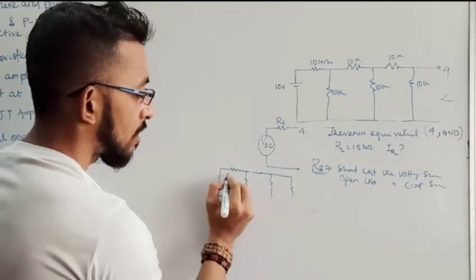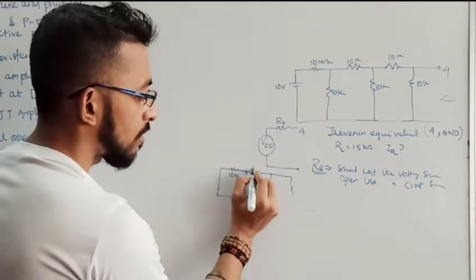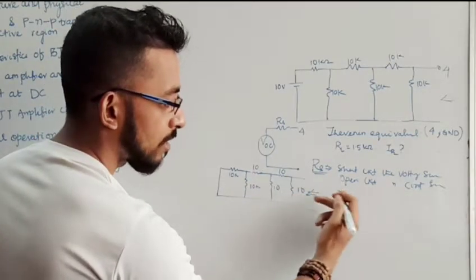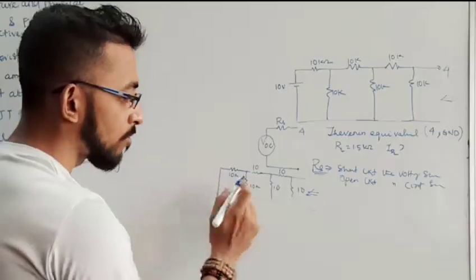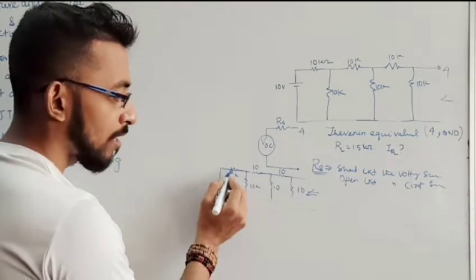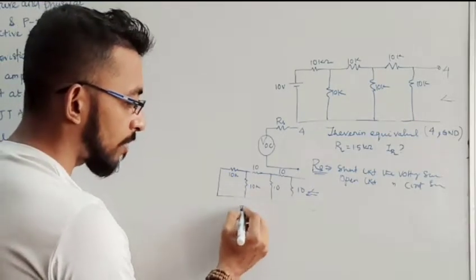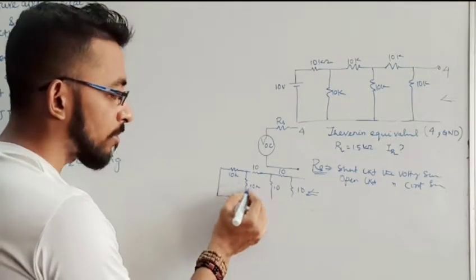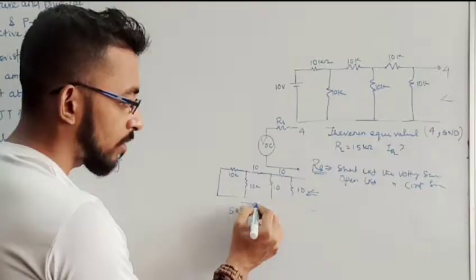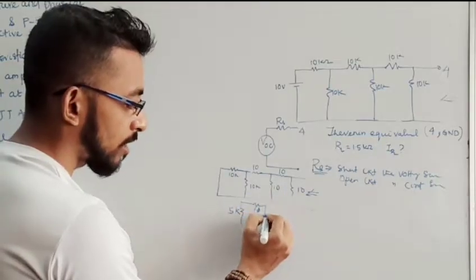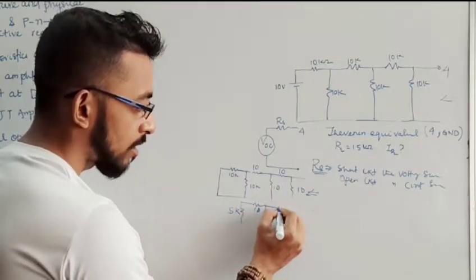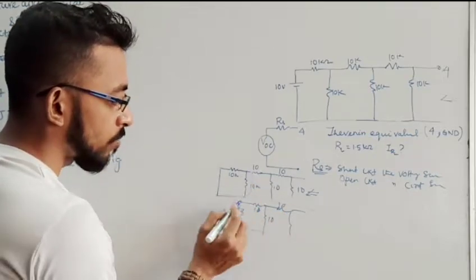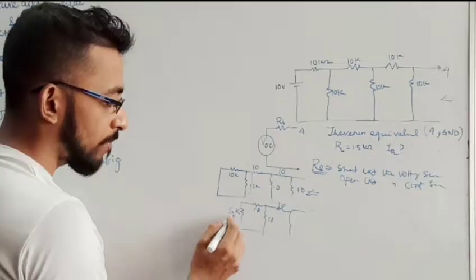So this is the case, all are 10 kilo ohm, and we are seeing from this side. You see these two resistors are in parallel, so 10 kilo ohm parallel 10 kilo ohm will be replaced by 5 kilo ohm. Then a 10 kilo ohm is connected, again a 10 kilo ohm here and a 10 kilo ohm here. I just replace these two paths by a parallel circuit with a 5 kilo ohm.